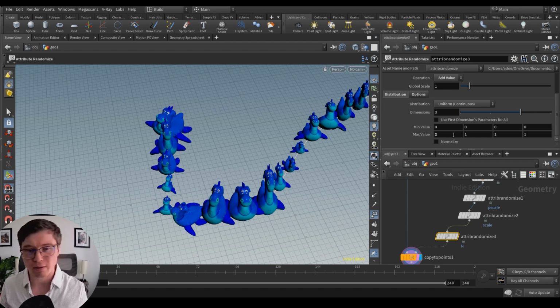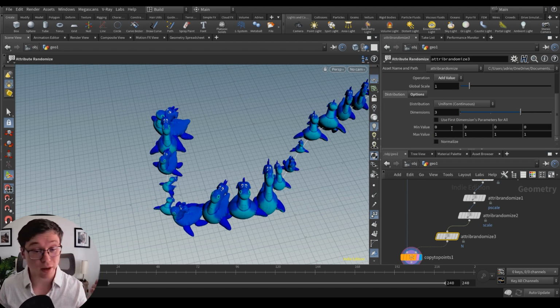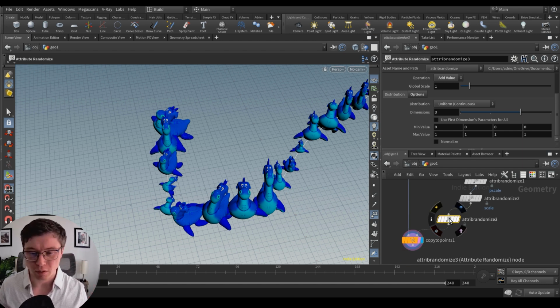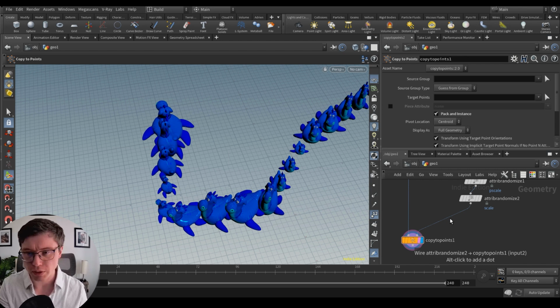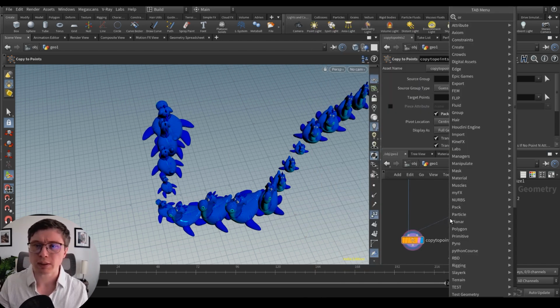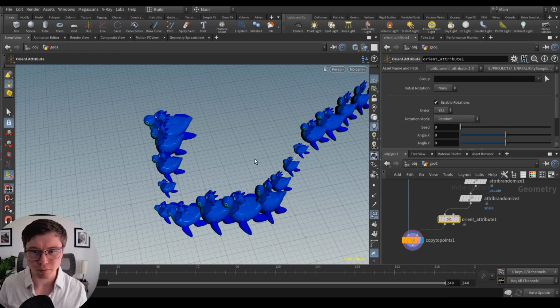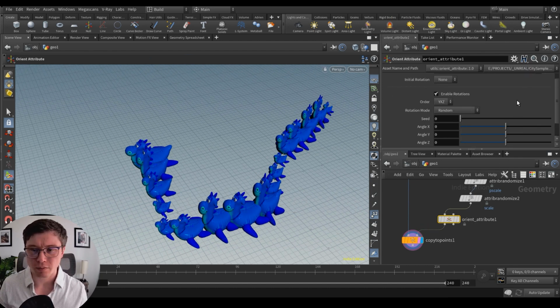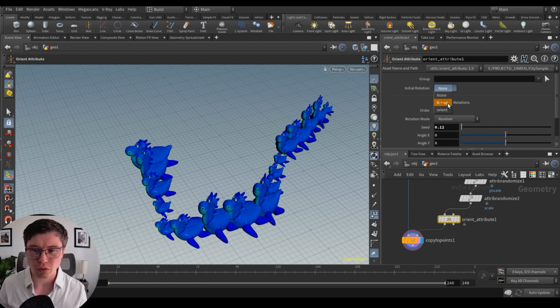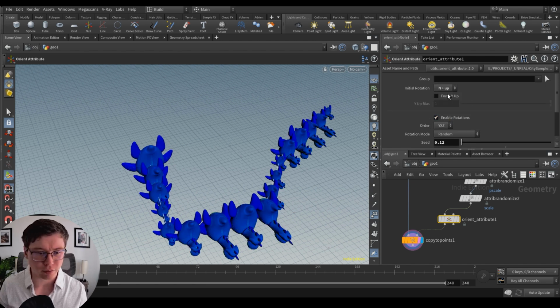And that's where I think driving the rotation with quaternion makes things slightly easier. But maybe you also have some other nodes like orient attributes, let's have a look at that one maybe. So initial rotation, we could use n and up.